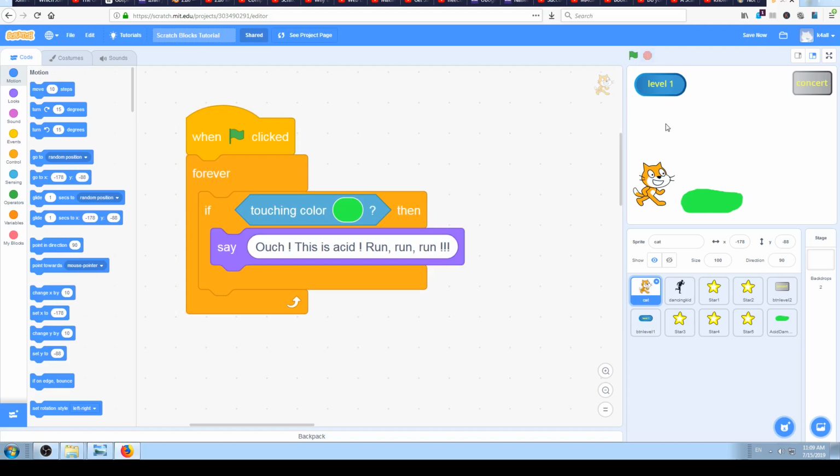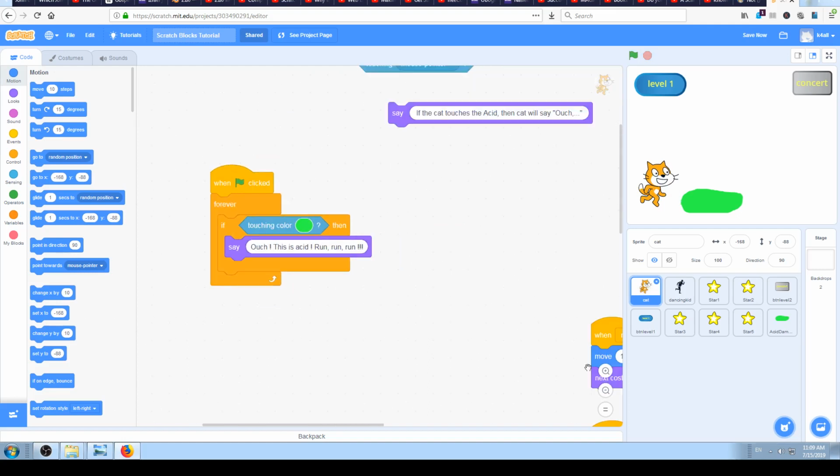This turns it off. Cool. But when I start it again and touch it, cool, this is acid. Okay, run. Okay, I want to go back, I go back to left, but this still stays on. So this is the problem which we are going to solve in one of the next videos,